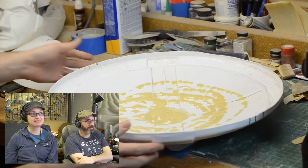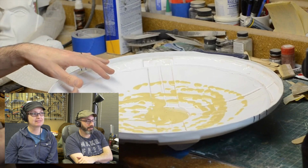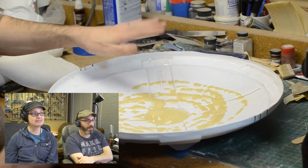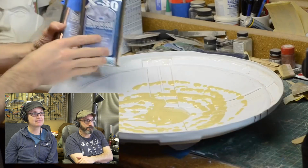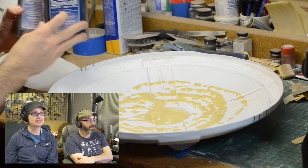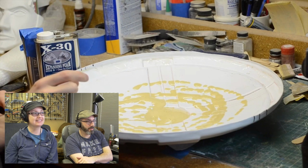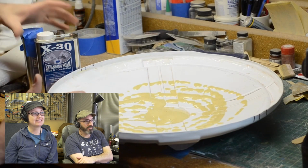Look at that. Well, I cracked the shield back open, so this is the inside of the shell. I cleaned up the edge of this, I just trimmed it down to the back of the shield. This is expanding foam, this stuff right here, X30, I got from Tap Plastics. I put a teeny little bit of it in there because I usually tend to overdo it and put in too much foam,